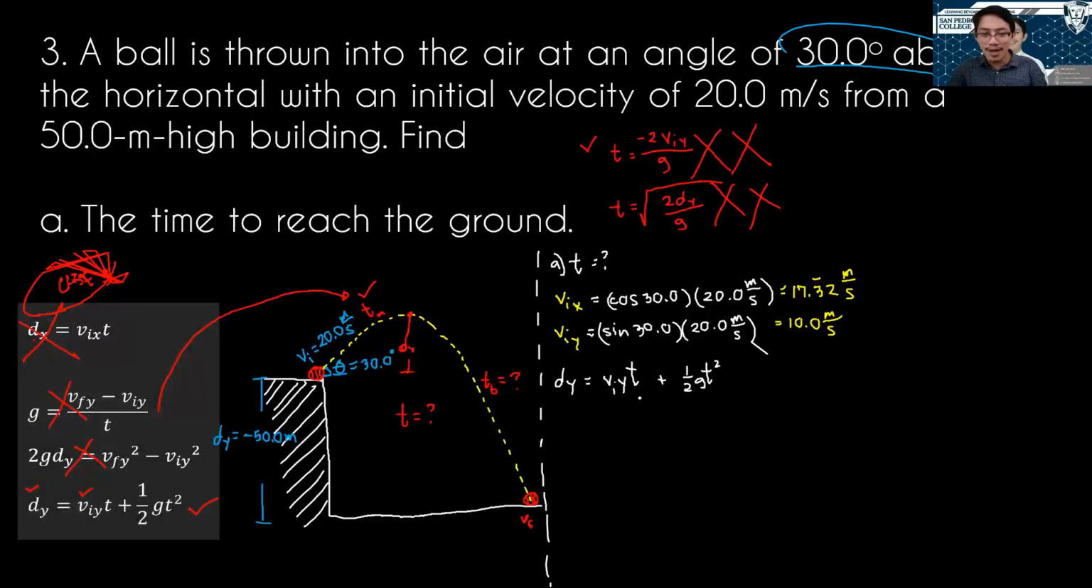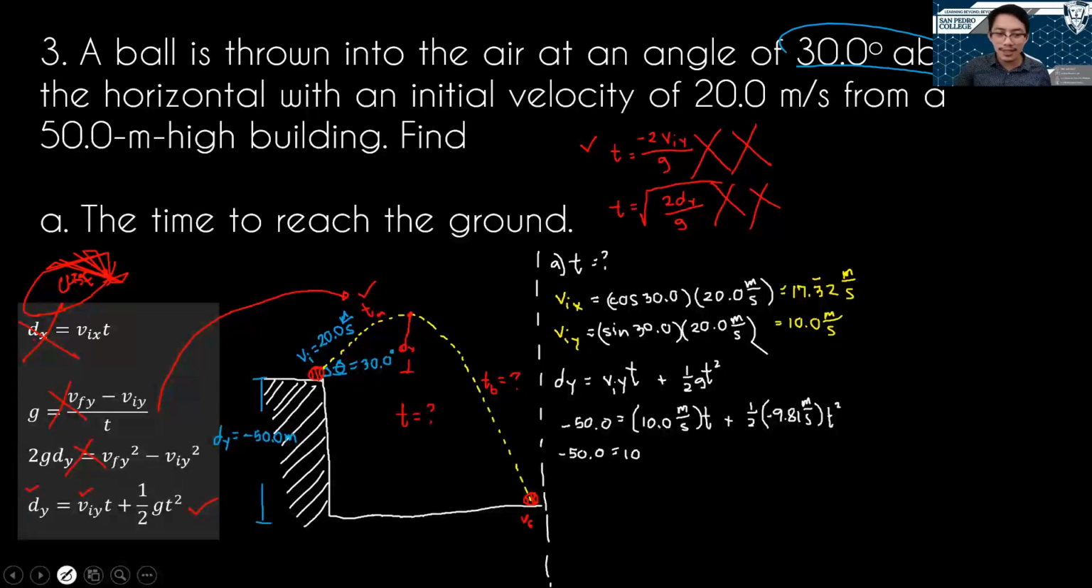So dy is equal to VIY times time plus 1/2 GT squared. So dy is negative 50.0. VIY, our VIY is 10.0 meters per second multiplied by time plus 1/2 G is negative 9.81 meters per second squared multiplied by T squared. Ayan. So negative 50.0 is equal to 10. Hindi ko na lang lagyan ng units ha, para hindi tayo malito later. 10.0 T